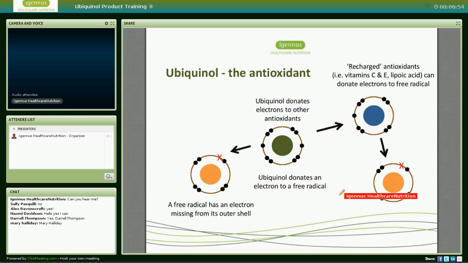The other function of coenzyme Q10 as ubiquinol is as an antioxidant. Because ubiquinol has hydrogen ions, it's able to donate these electrons to free radicals, and free radicals arise during normal metabolic pathways and processes, but when the body has